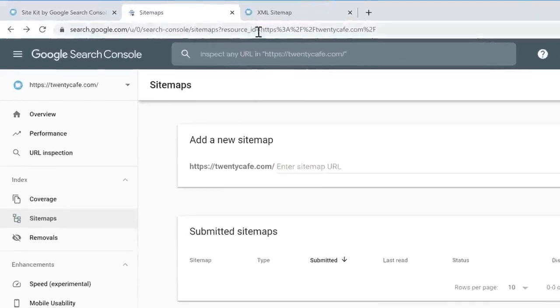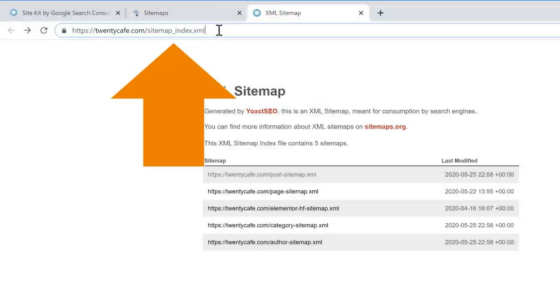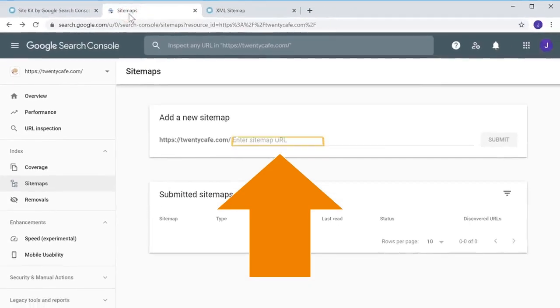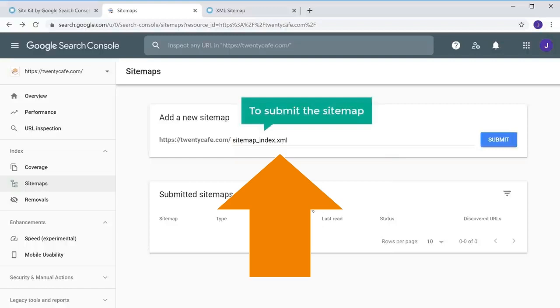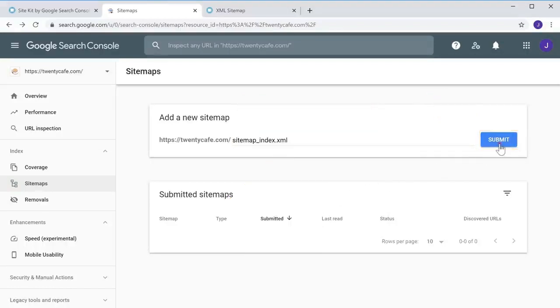To get the link, go back to the sitemap again, and just after the website address, copy it and go again to Google Site Kit and paste it in this text box. After pasting it, just click on Submit.